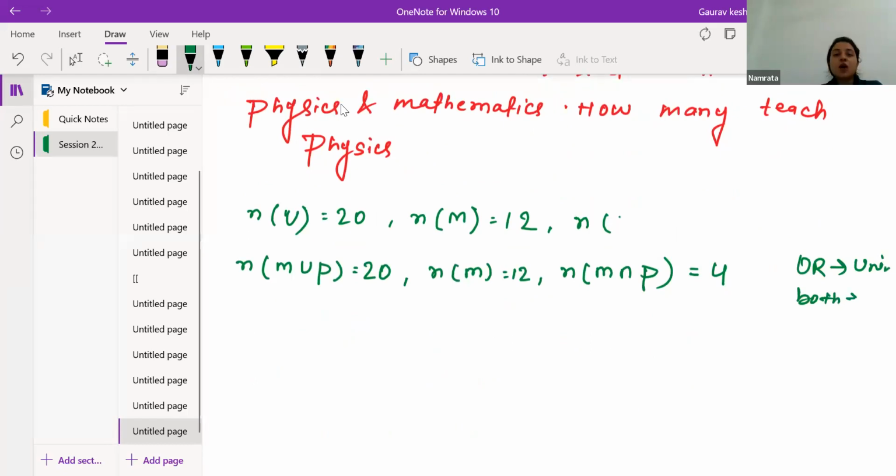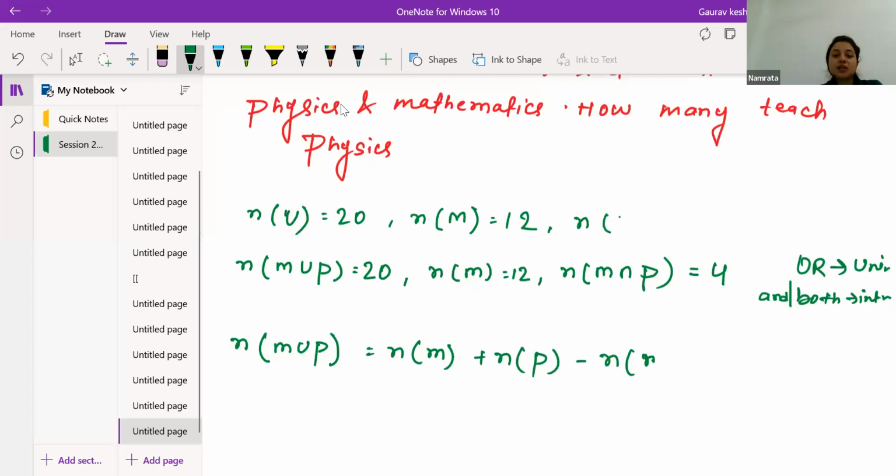Okay. Or instead of both, if we have "and", that will also represent intersection. So again we will be using the same formula, because here union and intersection both are there. There is a formula which connects union and intersection both. The formula is: M union P is equal to the number of elements in M plus the number of elements in P, minus the number of elements in M and P,